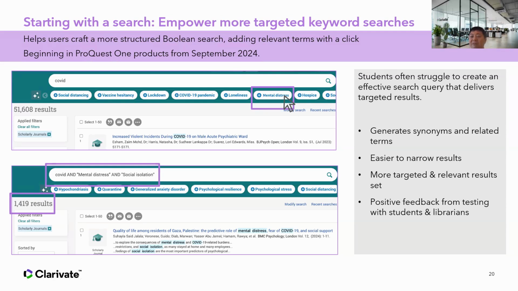Please let me make that very, very clear. We don't use your personal data. We use the LLM to understand the context of the search to suggest these filters or terms that people can add to refine their search results further. Again, we don't use your queries to train our LLM. It's in a secure environment.